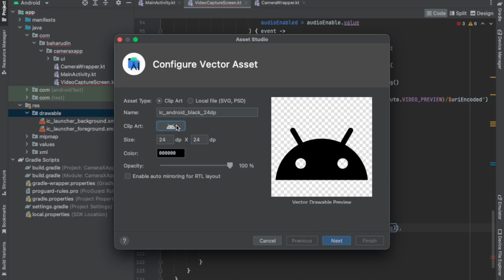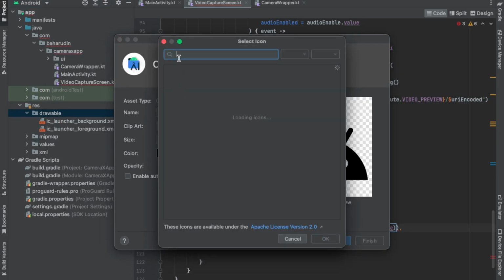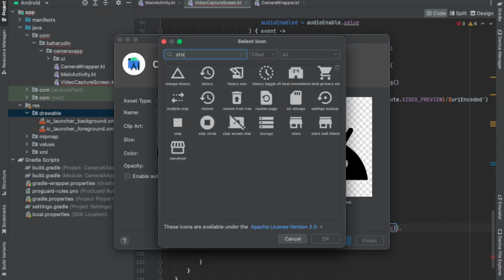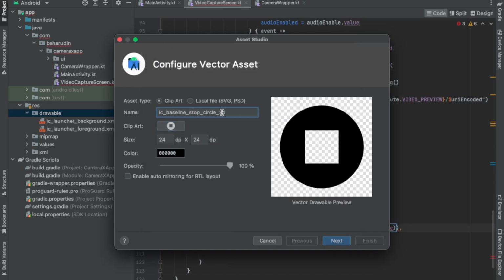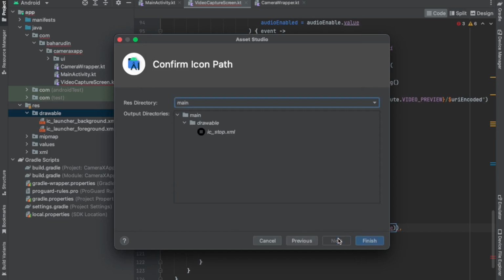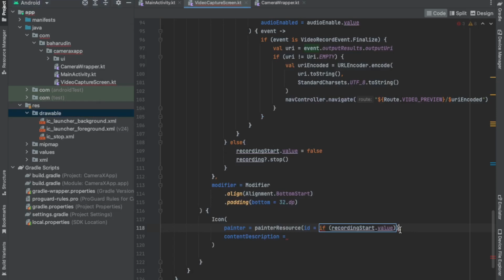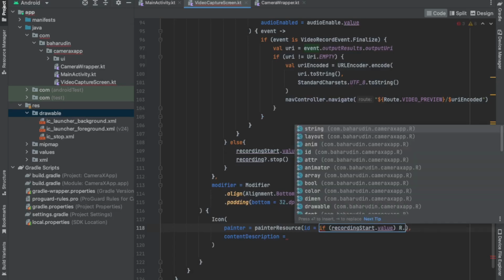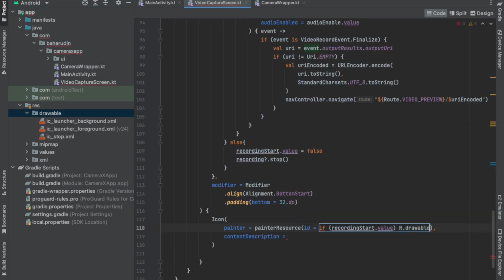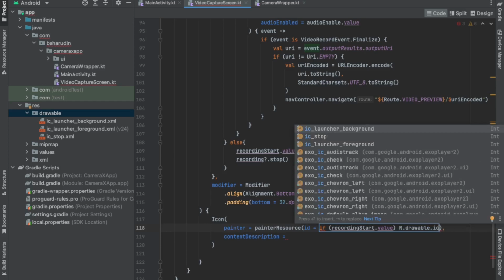And here I will search for stop. Okay, like this one, ic_stop. Next, finish, and add in here is R dot drawable dot ic_stop,